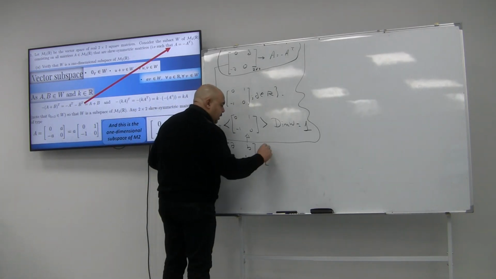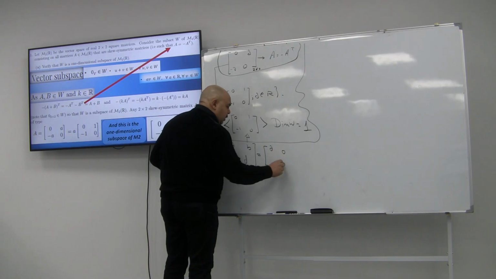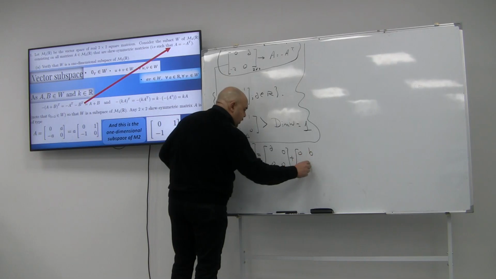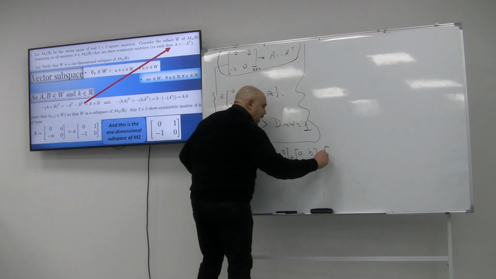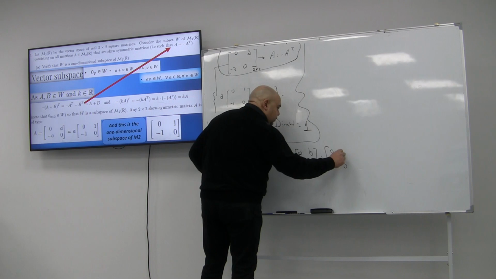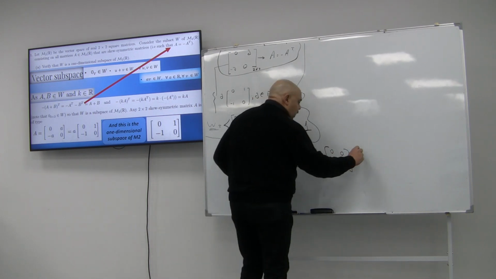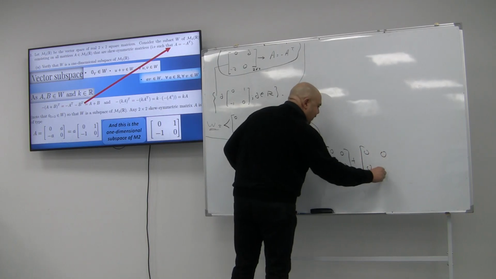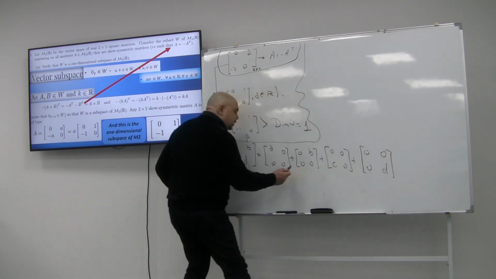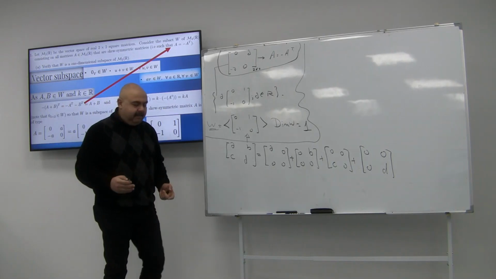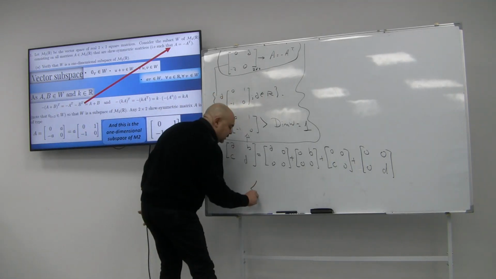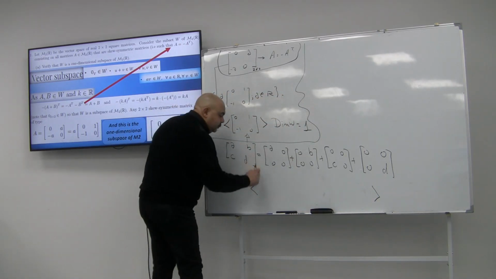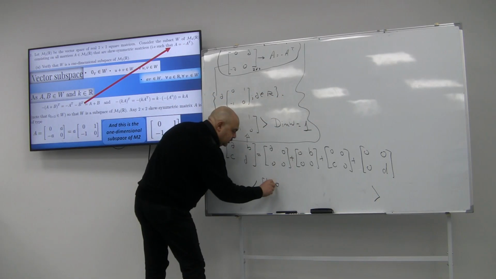which can be put as a, 0, 0, and 0, plus 0 and b, 0 and 0, plus 0, 0, c, 0, plus the same way 0, 0, 0, and d. And once you take a, b, c, d out of all of them, you will get the basis for the 2 by 2 matrices, which could be 1, 0, 0, 0,